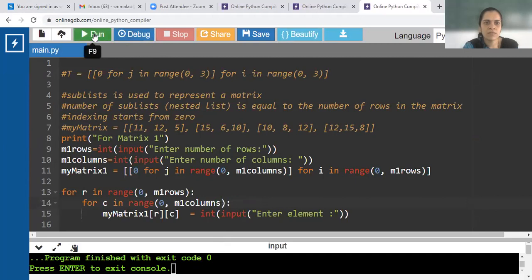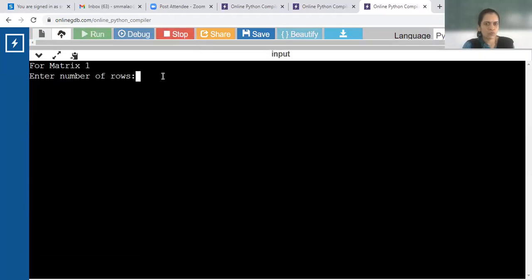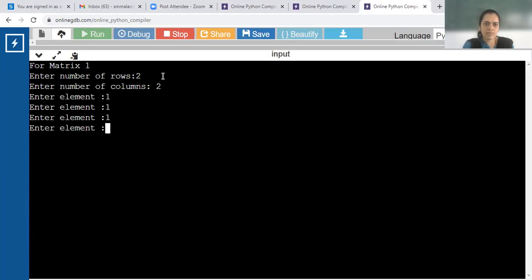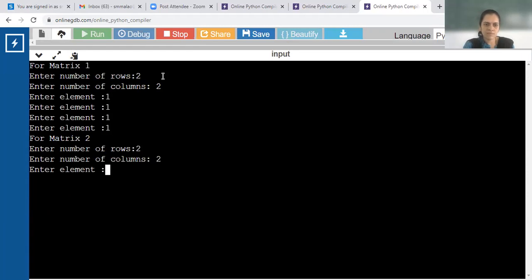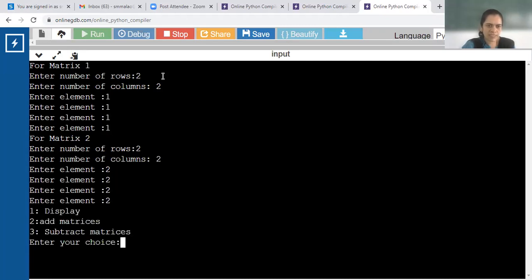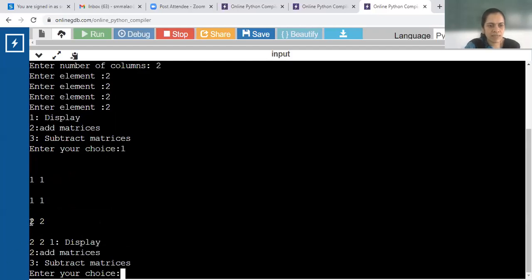So I'll execute the program once again. 2 rows, 2 columns, number of elements. I keep all the elements as 1 for the first matrix, and 2 rows and 2 columns for the second matrix, and I keep all the elements as 2 for simplicity, and then choice 1 to display the matrix.